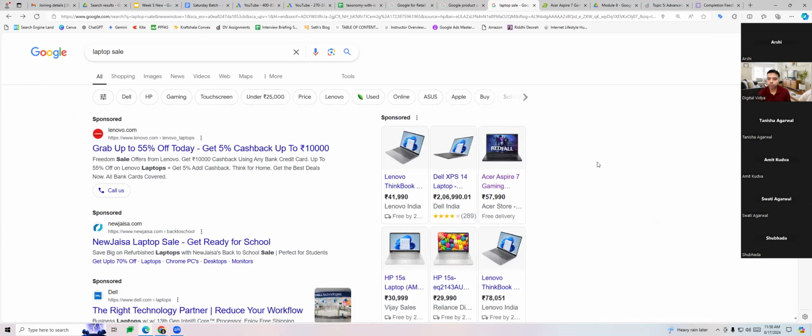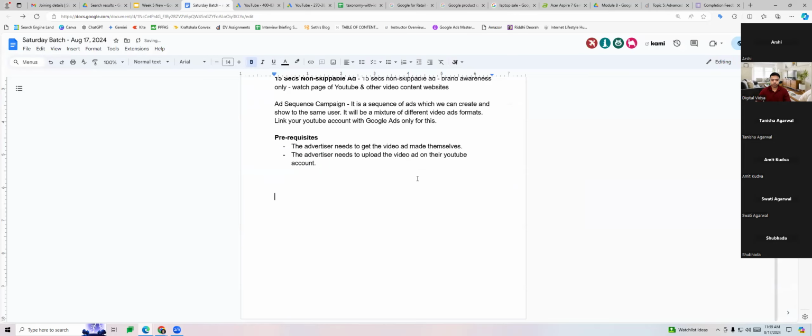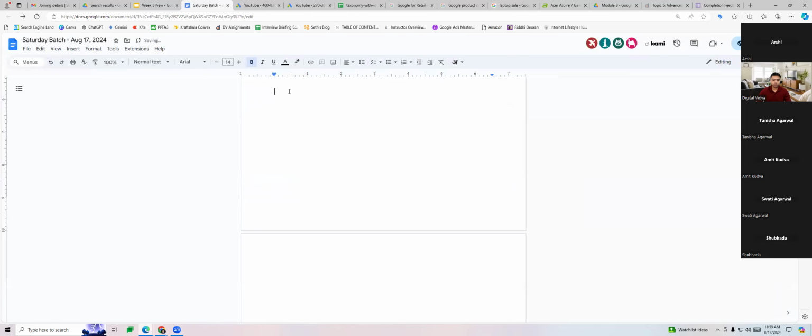Okay, so that's your shopping campaign ads, which we can create out here. Now, in order to create the shopping campaign, there is a particular process which we need to follow out here. Okay, so we're going to see that process right now. So shopping campaign structure, the whole campaign type is very different from all the other campaign types you have seen so far. Okay, so let's have an understanding of how this campaign works.